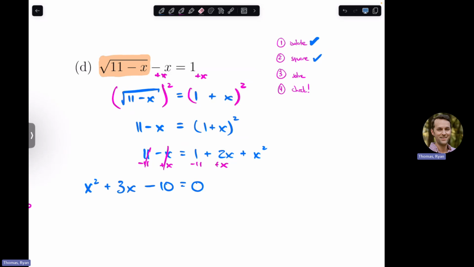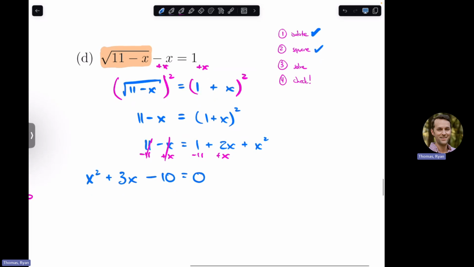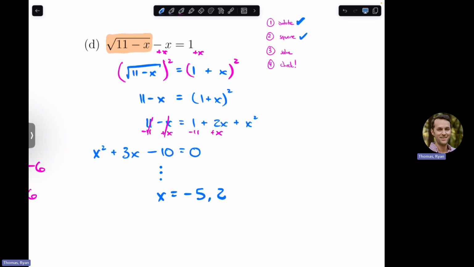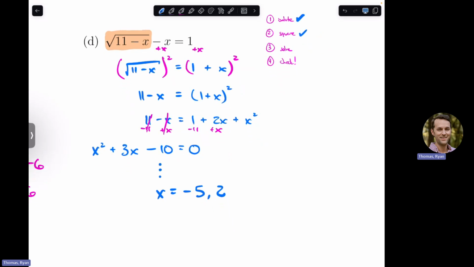A quadratic. Solve a quadratic, right? It's equal to 0. Solve that. What do you get? So -5 and 2. Everybody agree? Okay, -5 and 2. However you go about solving the quadratic. It does factor. Quadratic formula if you don't want to. It does factor. We get -5 and 2. Okay, so we've solved, but